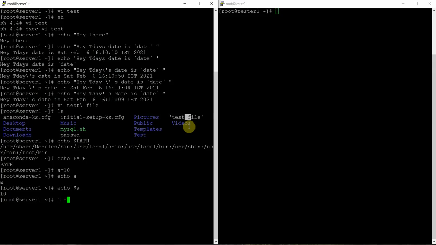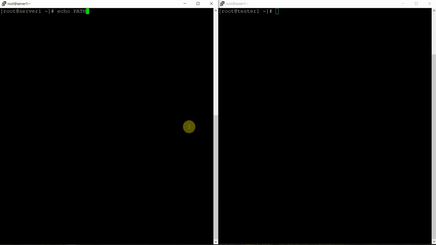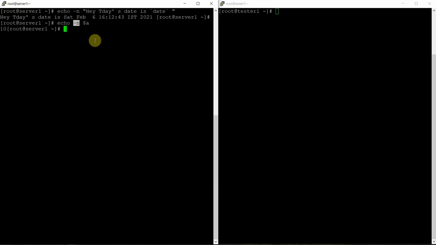Another interesting fact about echo is that when you type the echo command with -n, you will remain on that line and it will not display the prompt in the next line. The prompt is displayed in the same line. If I type echo -n $a, it will display the current value, and the value is displayed here and the prompt is displayed in the same line. So a new line is not fed with the echo command.